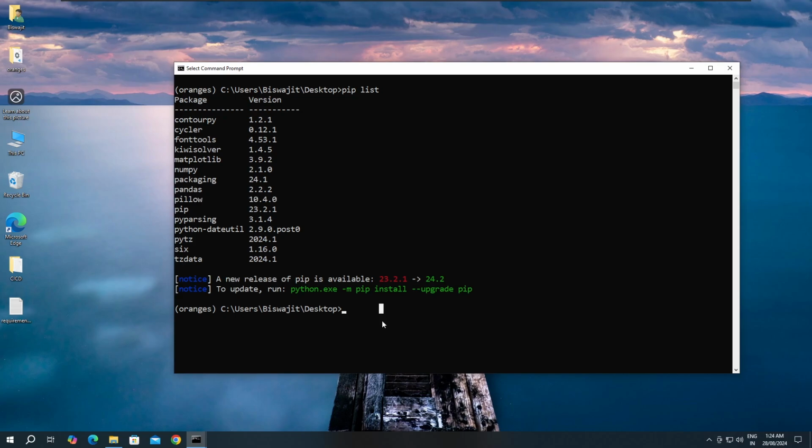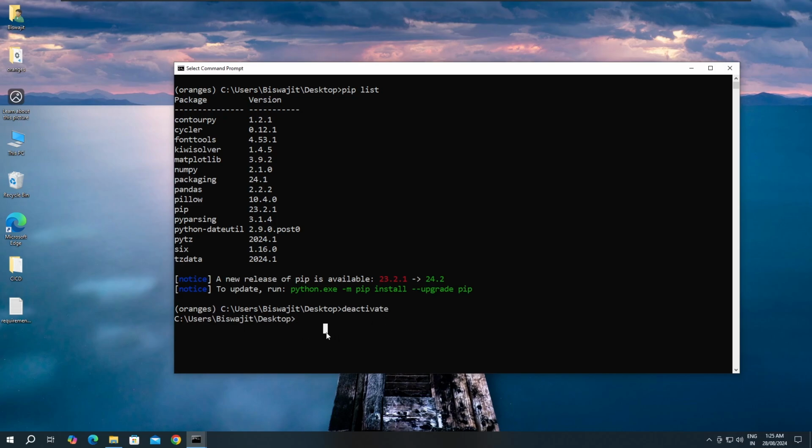And let me show you two more things. Let's suppose I'm done working with my virtual environment. How can I deactivate it? The easy thing is to close the command prompt, and it will get closed. And if you want to deactivate, you can just do deactivate, and it's done. I have not found myself doing this deactivate, but just to know that you can deactivate,